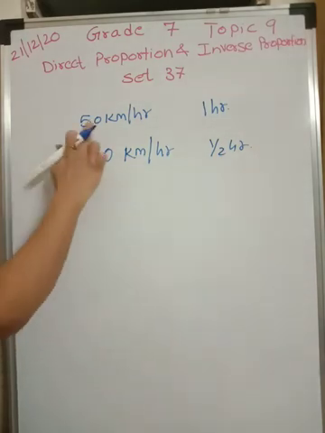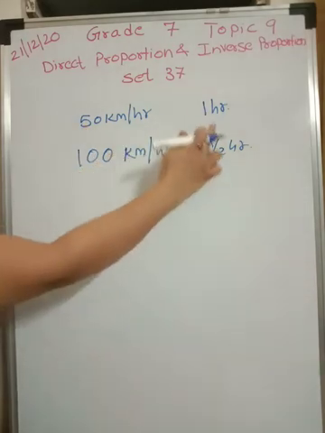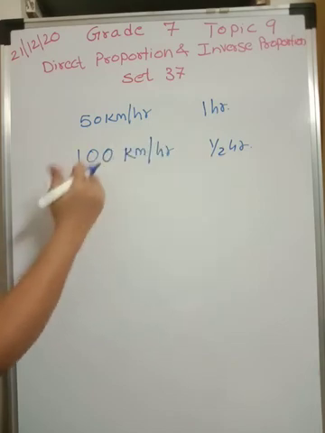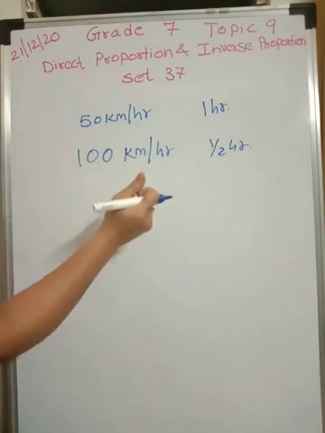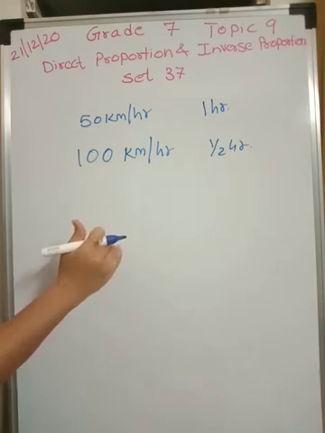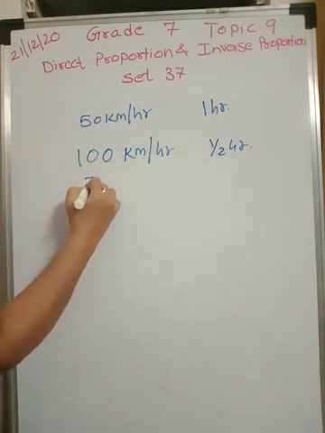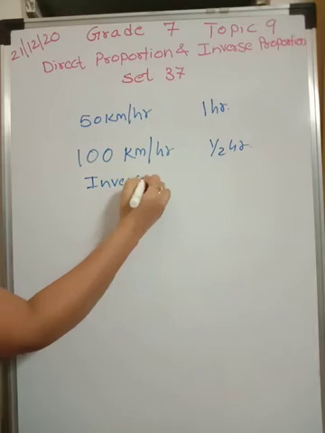So if one quantity is increased, another is decreasing. Can you see the difference over here? If I increase the speed, the time required is less. So in such a condition, if one quantity is increased because of which the second decreases, we say it is the case of inverse proportion.